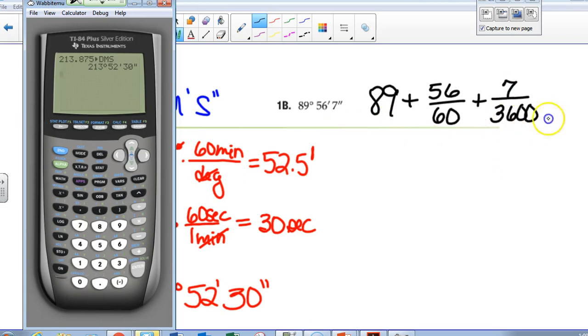So this is how I would do this question. I would say those 56 minutes are 56 60ths of a degree, and those 7 seconds are 7 3600ths of a degree. I would type it like that, because I'll show you the other way to do it, and it's a pain in the neck. So 89 plus 56 60ths plus 7 3600ths